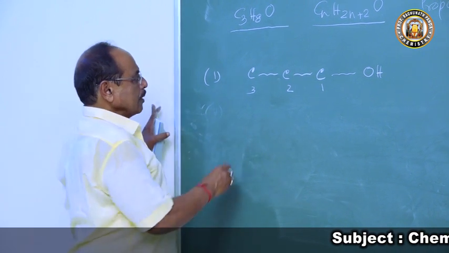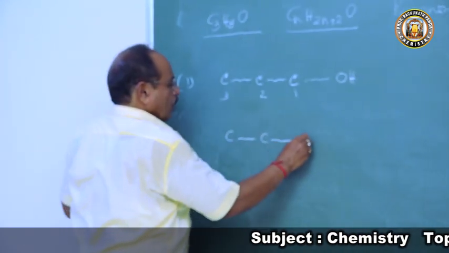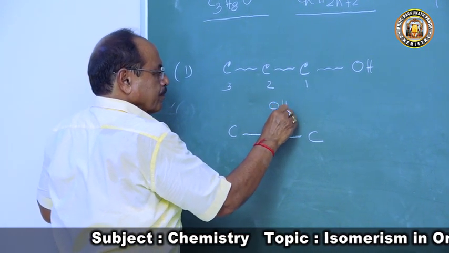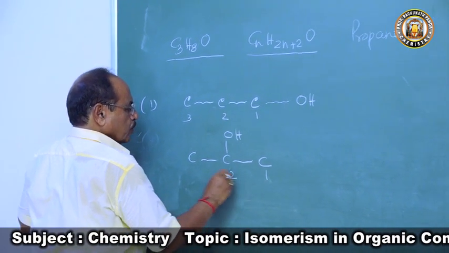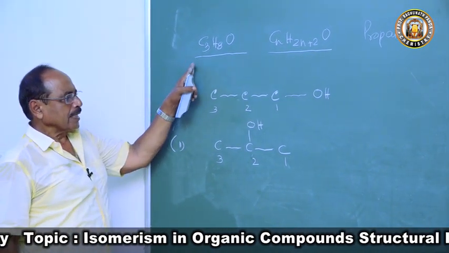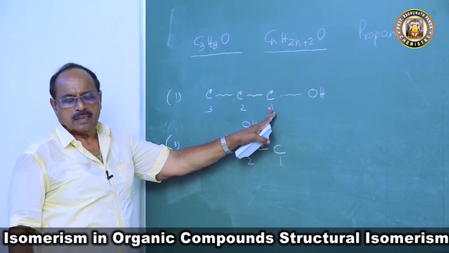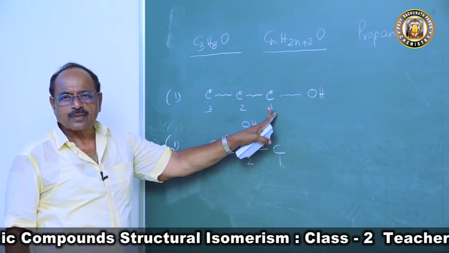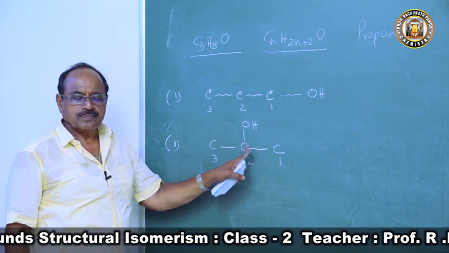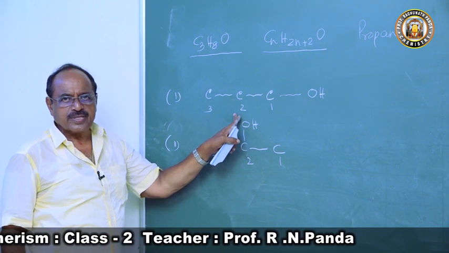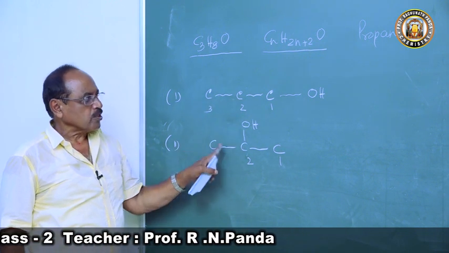Now we can write the 3 carbon atoms in a long chain. We can put the OH group at the 2 carbon atom. So 1, 2, 3. This is structure 2. So this propanol, we can write the functional group at the 1 carbon atom, or at the 2 carbon atom. Because of the change of position, we are having 2 structures for